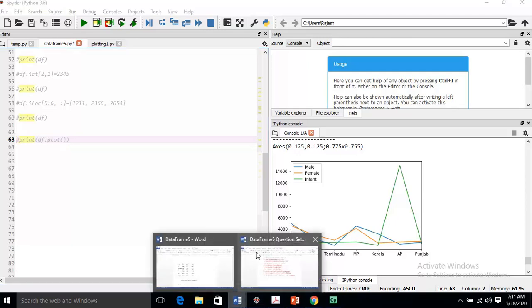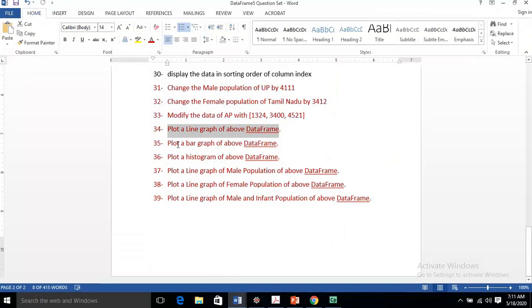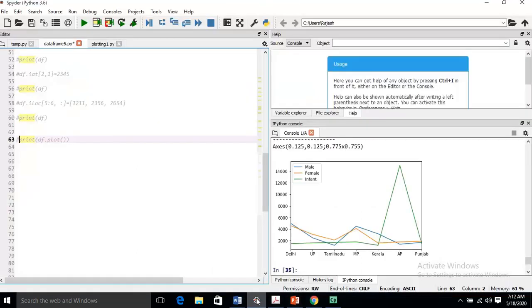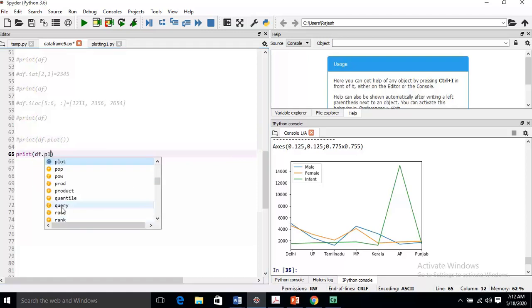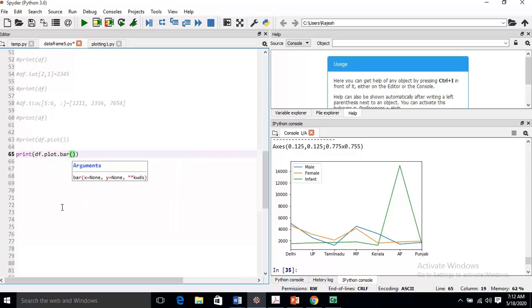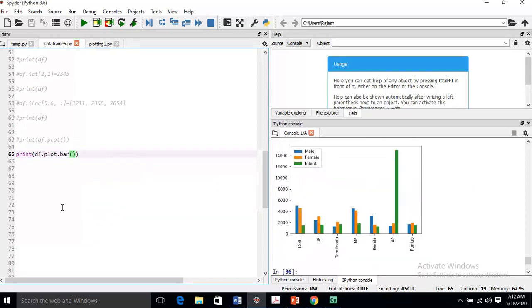Then the next question, plot a bar graph of the data frame. Bar graph we have to plot. Nothing to worry. Print df dot plot, then bar, F5. This is the bar graph.